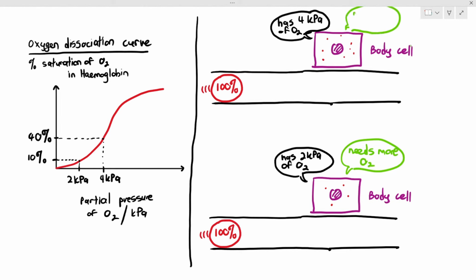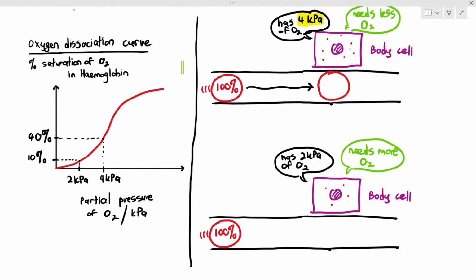So in this case, very simply put, the body cell at the top needs oxygen, but it doesn't need a lot because it still has a reserve. But the body cell at the bottom only has 2 kilopascals of oxygen, so it kind of needs extra oxygen from the red blood cells, right? So what happens is, when the red blood cell at the top reaches the body cell,